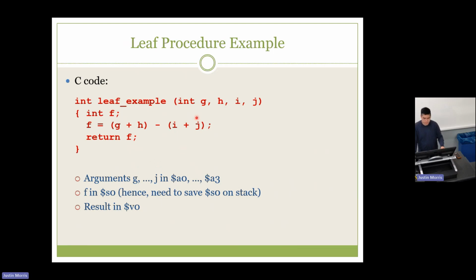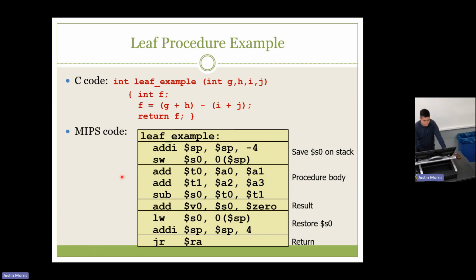So our arguments, we have 4 arguments, G, H, I, and J. Those will be stored in A0 through A3, right? And our result F is going to go into S0. Well, no, the result is going to go into V0, but we need to save it, so we're going to operate on it as S0 first. So here is our